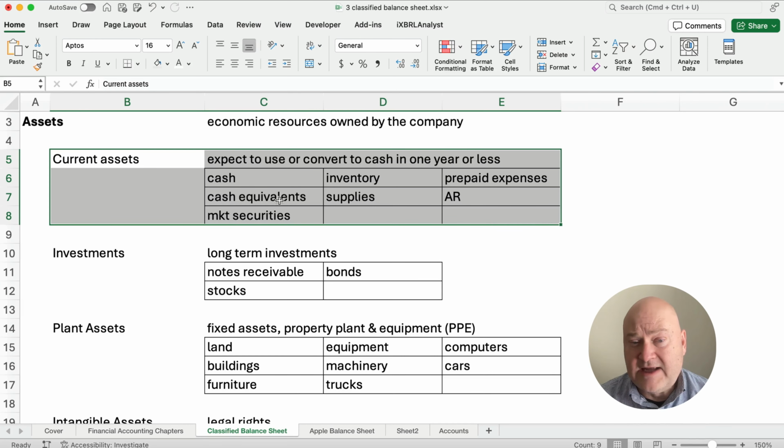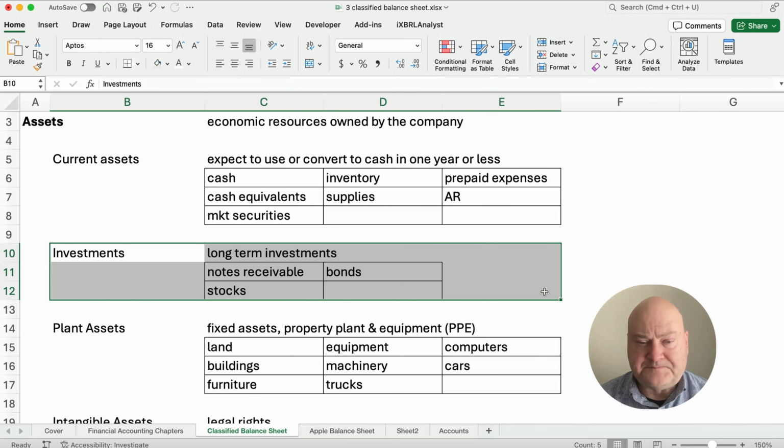They go first, and in the United States, cash is the very first asset we list under current assets. Then we probably have investments. We have long-term investments, things like notes receivable that's greater than 1 year, stocks, bonds, investments in preferred stock, investments in common stock, on and on and on. These are investments. These are not necessarily just to run your business, but you've invested for the long term